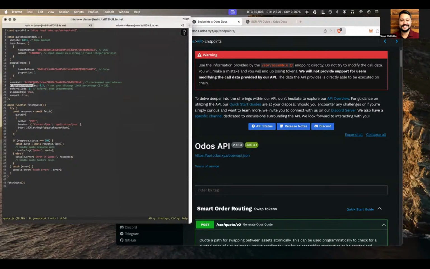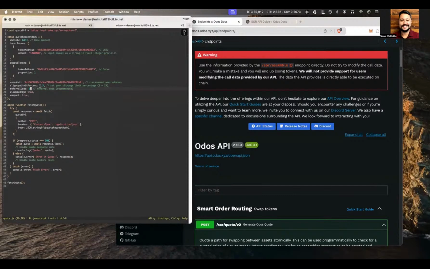The slippage limit percent is straightforward. You want to set your percentage to something realistic, but you also want to limit your risk of exposure, especially when doing stable swaps. Referral code is, for your reference, a way that Odos tracks usage in the field. We have some partners that we want to quantify the traffic that they're sending, the volume that we're sending. So we have a referral code program.